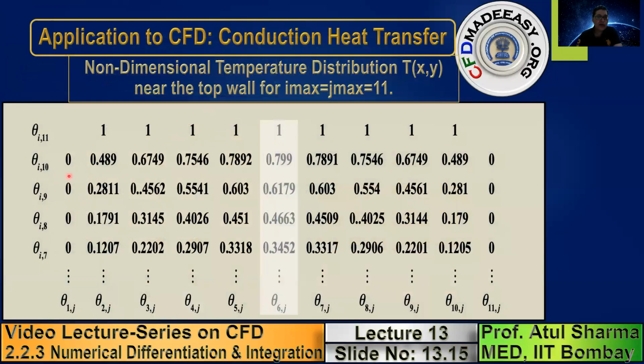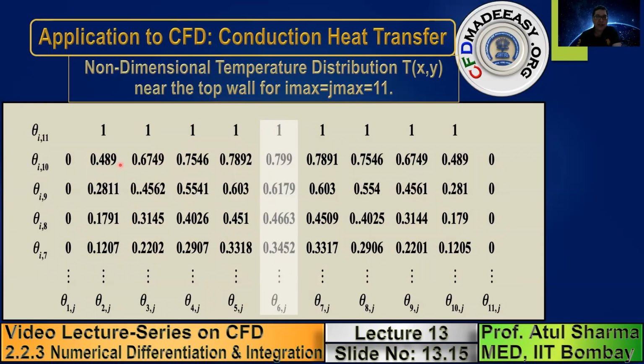So these are the points which are considered. So this is like I equals 1, 2, 3, 4, 5, 6, 7, 8, 9, 10, 11. From 2 to 10, this is corresponding to the north wall, north boundary, where theta is equal to 1. This is corresponding to the left boundary, where theta is equal to 0. This is the right boundary, where theta is equal to 0. I am showing you the data which has been obtained as a steady state temperature distribution from the iterative solution in the previous topic. And this is the temperature distribution which we have got.